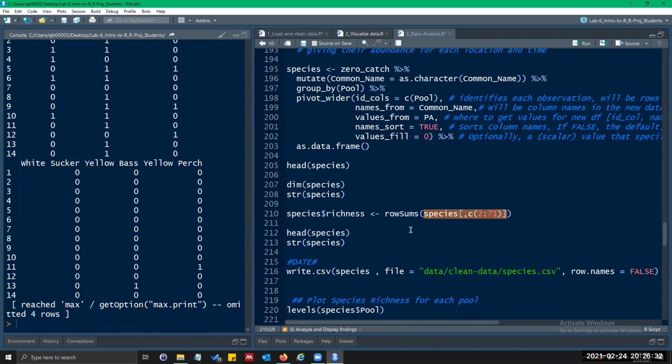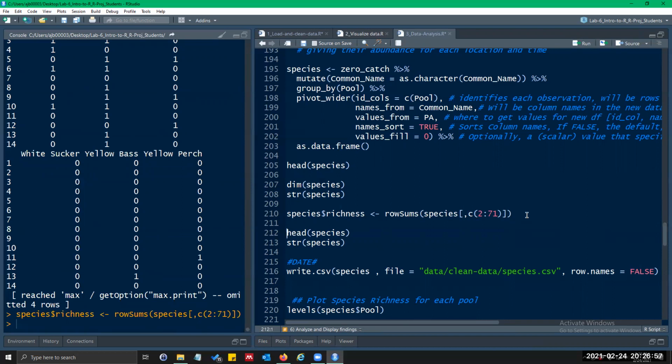So you can see that. I'm going to calculate the sum for each row for only my species columns. If I didn't do that, it wouldn't work because you can't have a character value like the pool name. You can't get a sum from that, right? So that wouldn't work if I didn't have this indexing command.